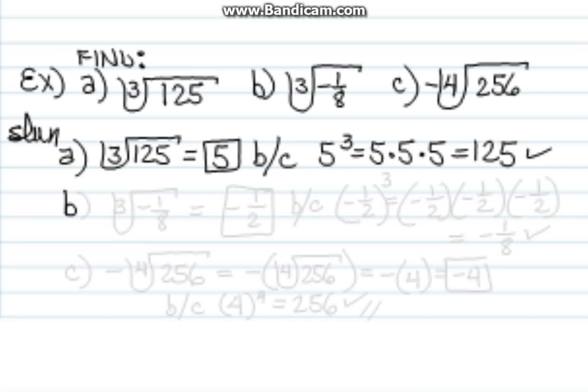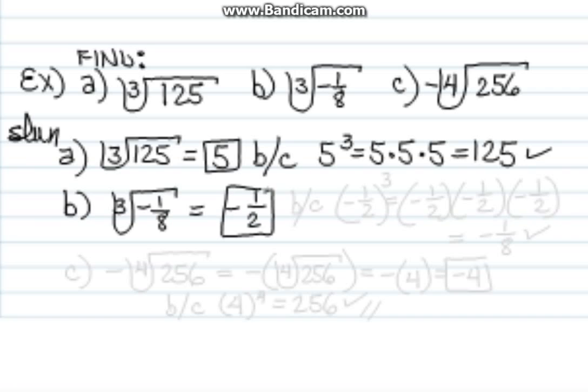Now we're going to take the cube root, the third root of negative 1/8. Now normally I would be unhappy about a negative radicand under the radical sign, but I'm not unhappy when I have an odd index root. It's only when I have an even index root. So let's go ahead and find the number whose third power equals negative 1/8, and the answer is negative 1